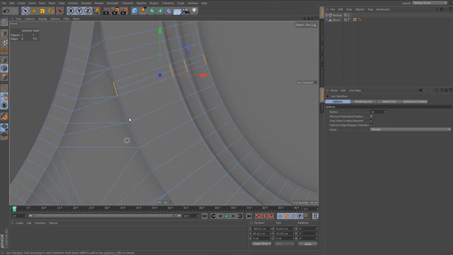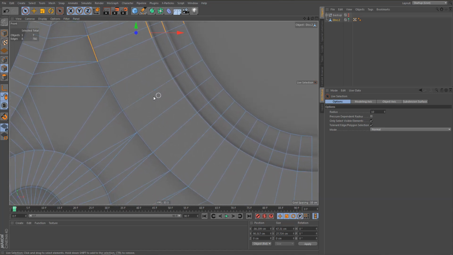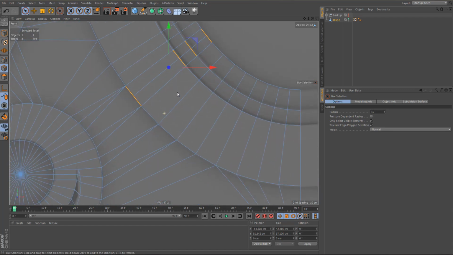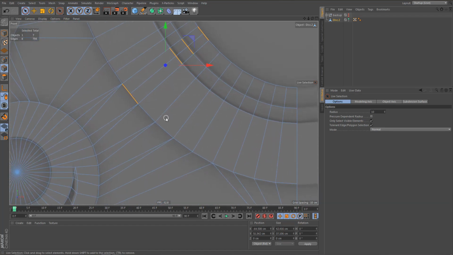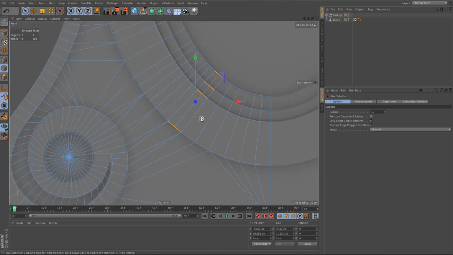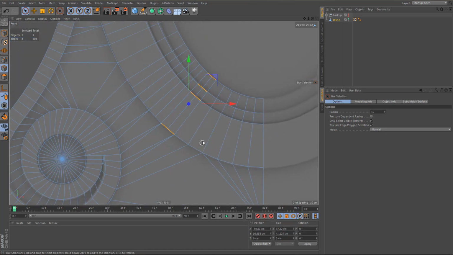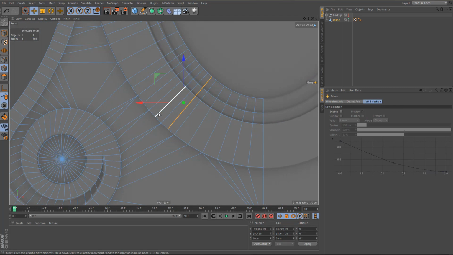So let's see, we need another edge loop here, here and here, and over here we need 2 more. So let's put one here and one here. I'm also going to count them. So that's 1, 2, 3, 4,